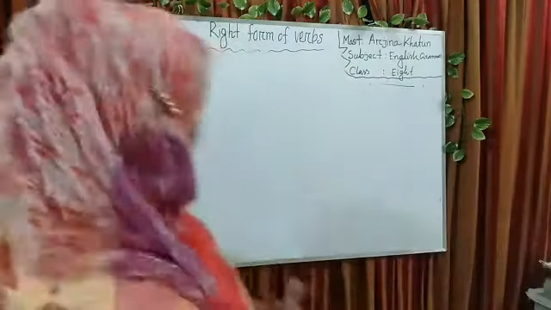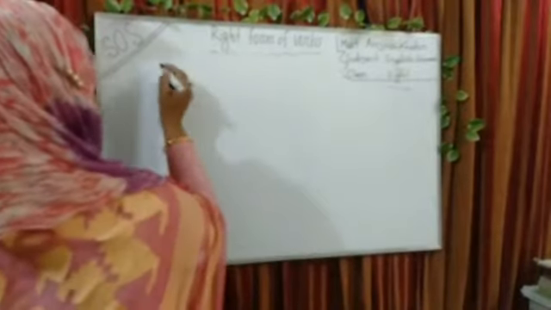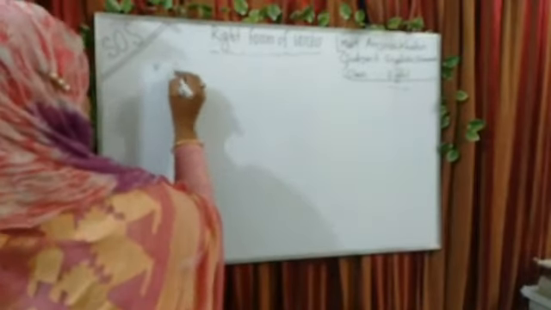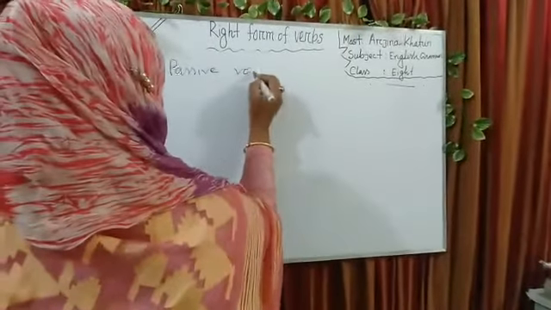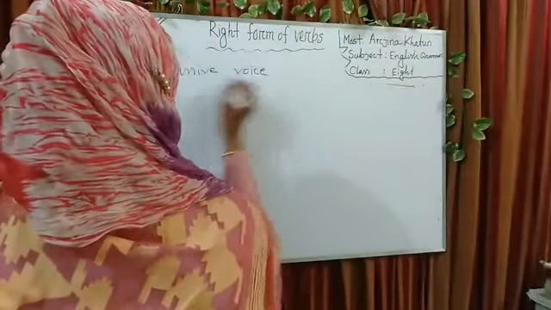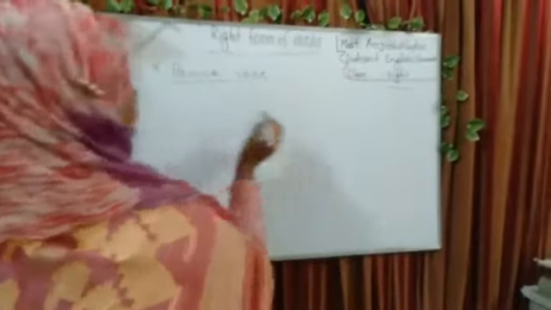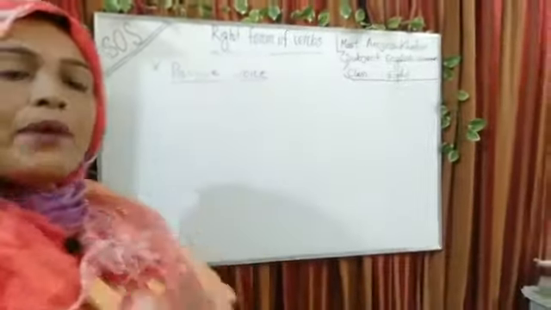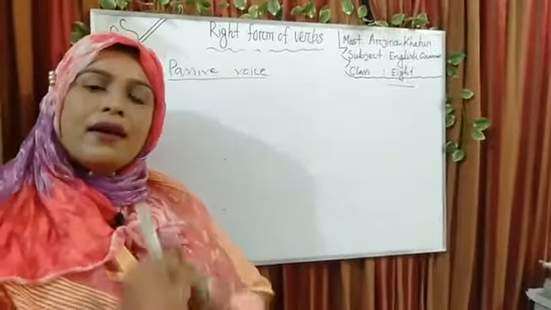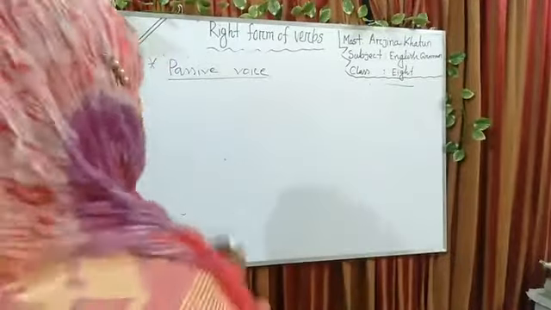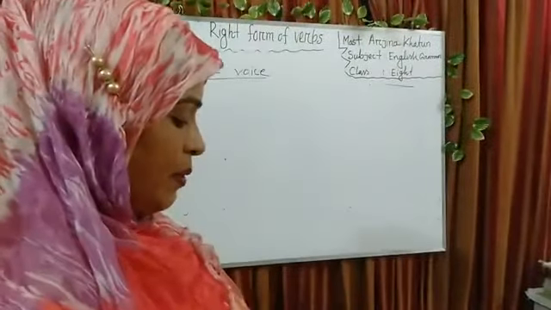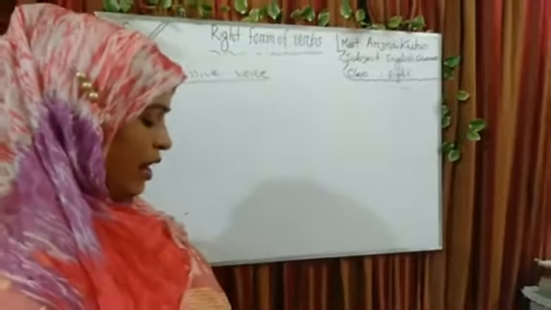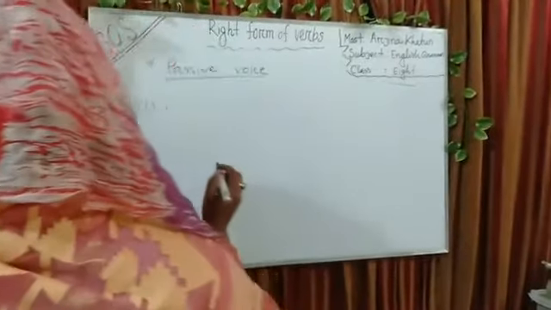When the sentence is in passive form, when it is passive voice, the verb is obviously the past participle form. When the sentence is passive voice,